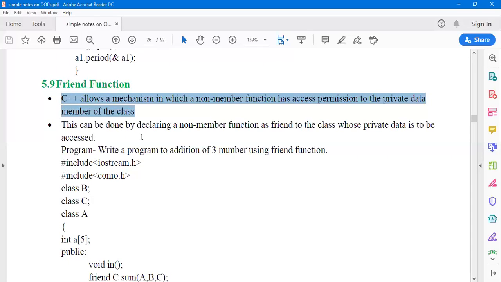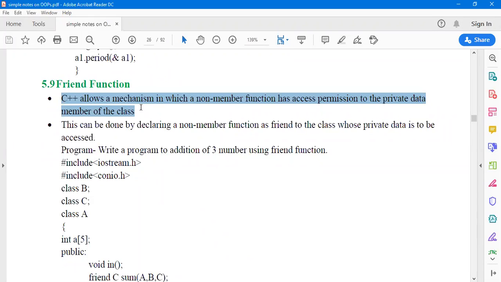Now, if the data member is private, then it can be accessed only through a public member function of the same class. We create the object of the class, call the public member function, and indirectly use the private data members.